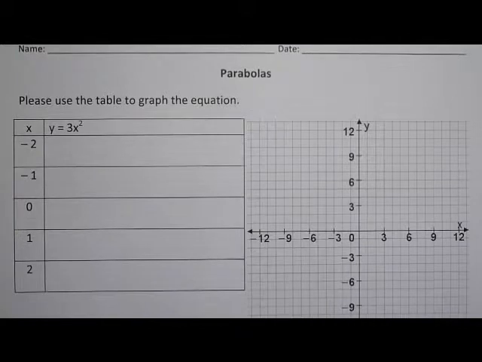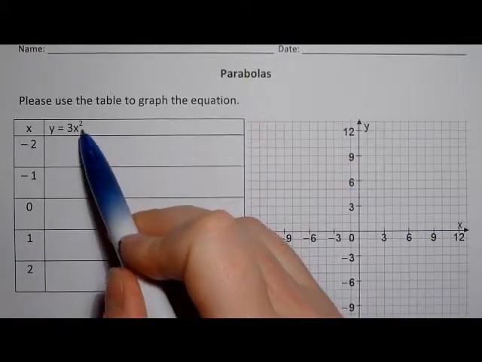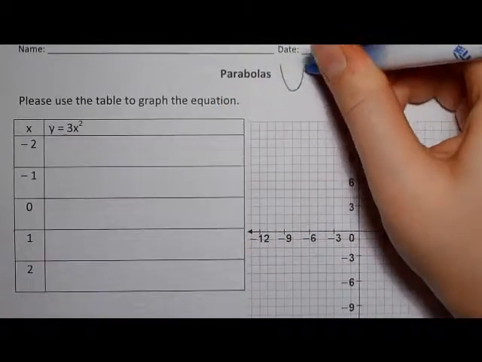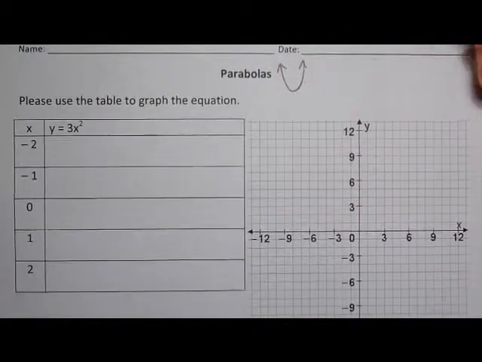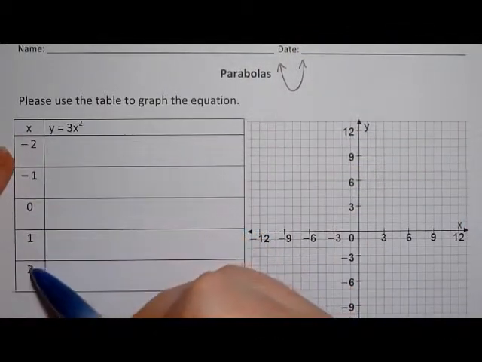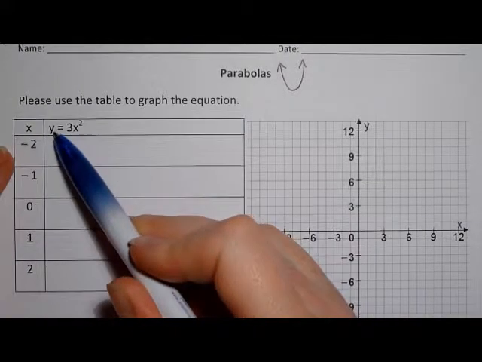A table is an easy way to graph any kind of function. Here we have a quadratic function, so we expect to get out a parabola. A parabola always has a U shape. So let's see if we choose some x values at random, we will use our equation to get the output